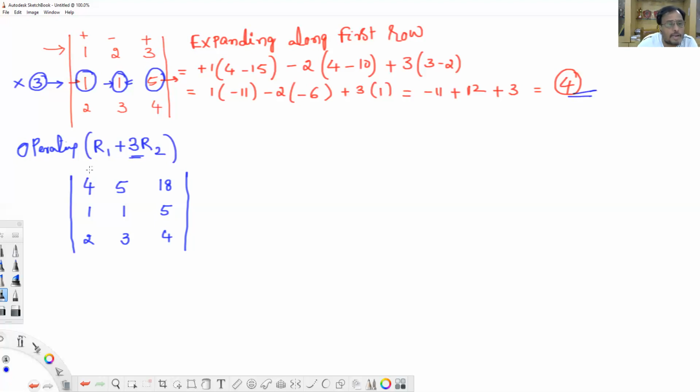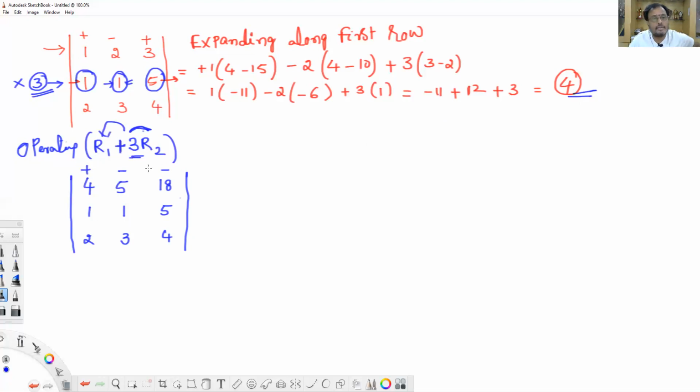Okay, once again we'll expand after operating. See that. Here, how did we get this determinant? I multiplied every element of row 2 with 3. After multiplication, that answer I have added to the first row. That's what you see. You have to read it like this: first I multiplied 3 times R2, and whatever I got, I added to R1.